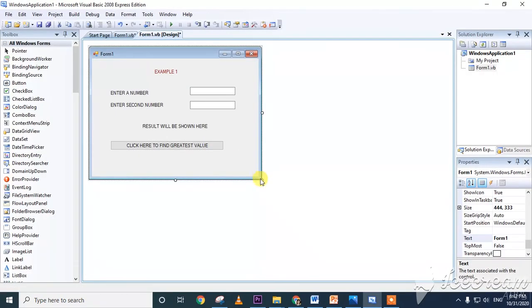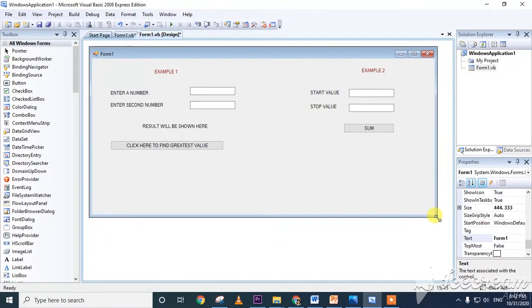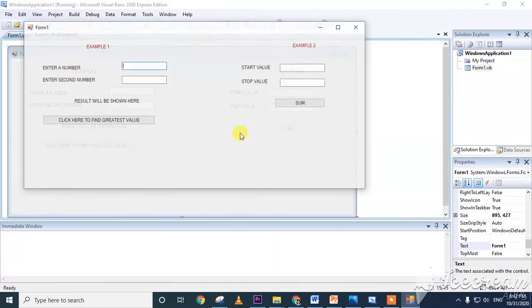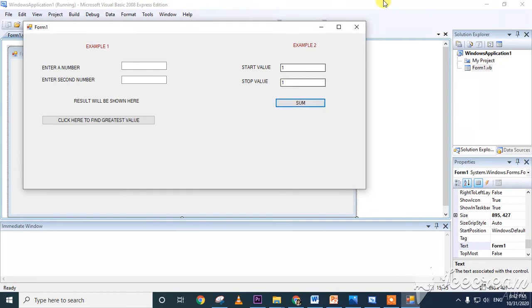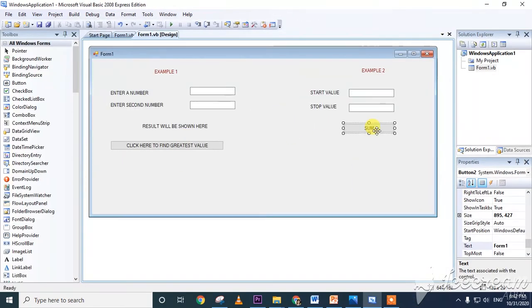I have already written it here. Now the start value, if I keep 1, then the answer should come here, but it's not showing. Why? Because I didn't write the code. Now let us double click on this one.